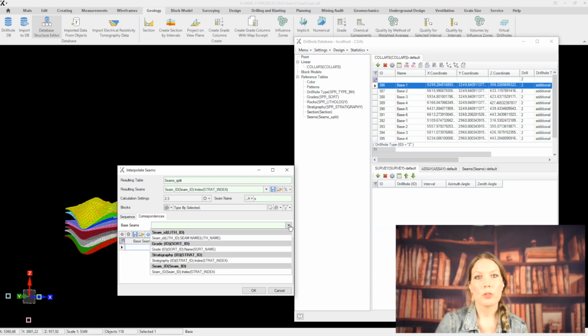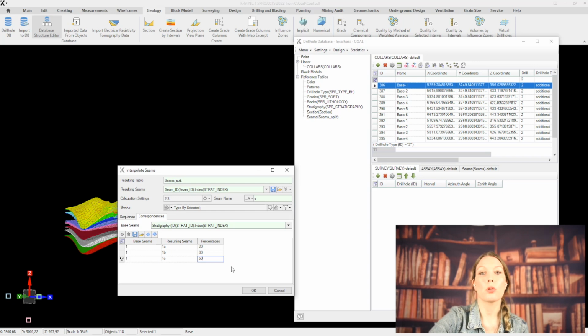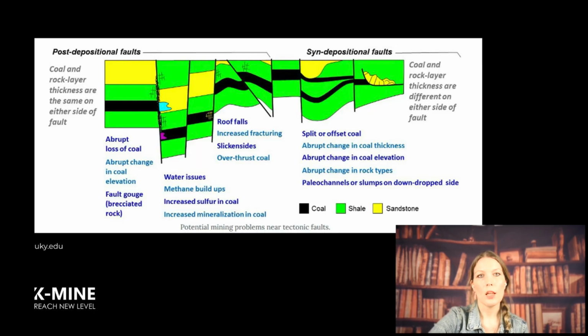The second option relies on the percentage relationship between the daughter layers, 1A, 1B, and 1C, and you'll define this relationship in the table, assuming the total thickness of the mother layer, seam 1, is 100%. And when creating the new table, the daughter layer's thickness will be recalculated based on the percentage contribution to the mother layer's total thickness. It's important to note that a preliminary analysis of the deposit structure is always essential when